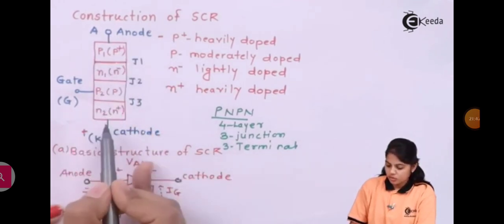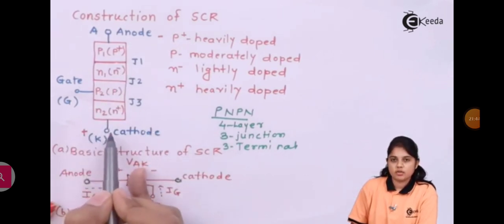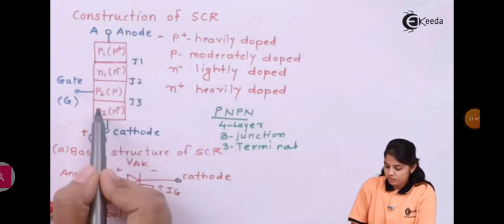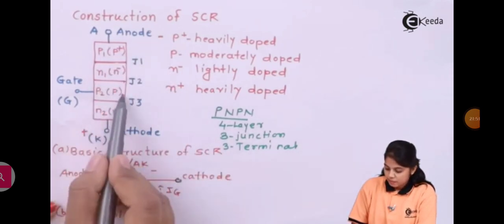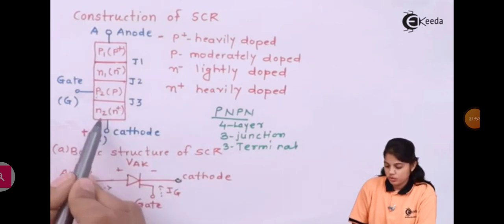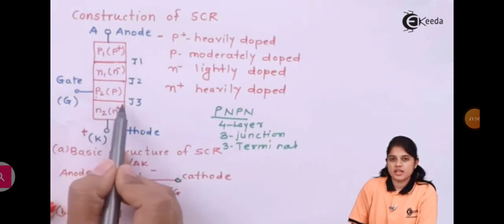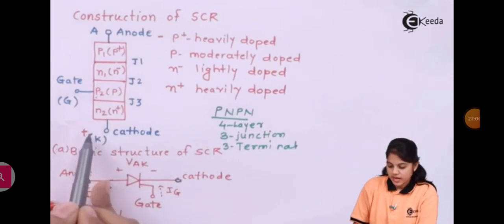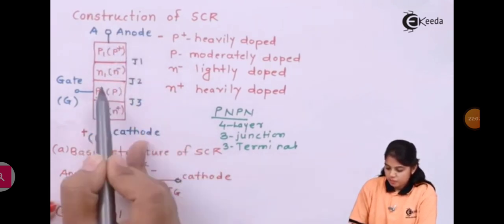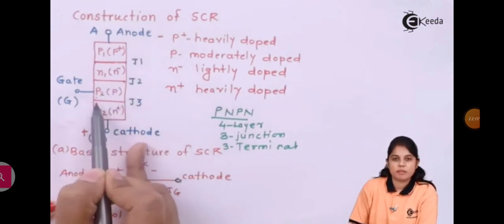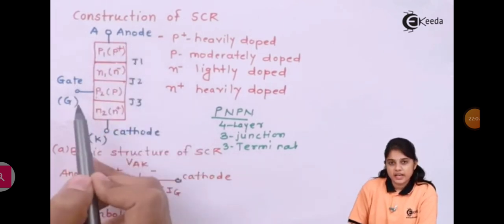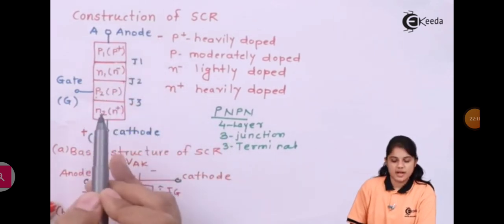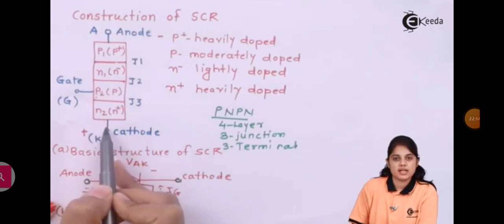Now let's come down. Positive is connected to the cathode terminal, and negative is connected to the anode terminal. Now if you see this particular part, that is P2 and N2, which creates junction J3. Here your N side is connected to positive, and if you look from this side, your P side, that is P type semiconductor material, is connected with a negative terminal. So whenever this happens, my J3 will become reverse biased because the reverse potential is applied.